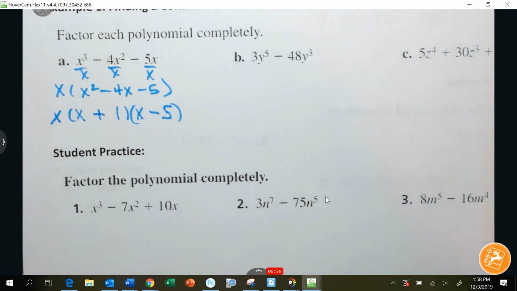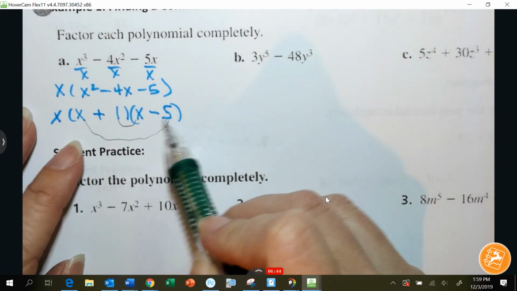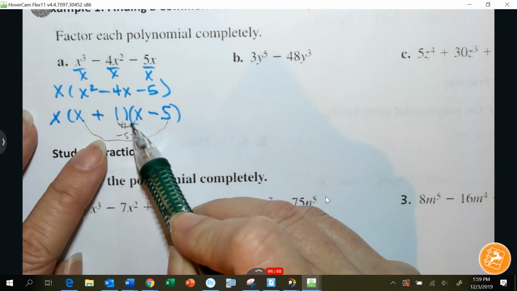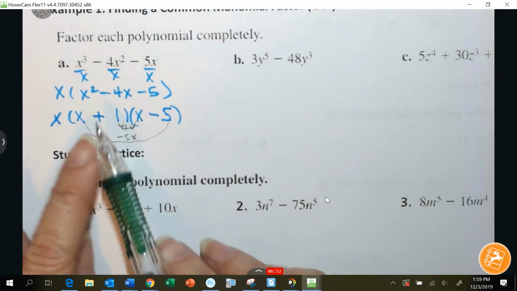You have to check it. So we're going to multiply back together just to make sure we did it right. And that becomes a minus 5x. And that becomes a plus 1x. Does that add to give us a negative 4x? Yes. Now, can x plus 1, which is a binomial,